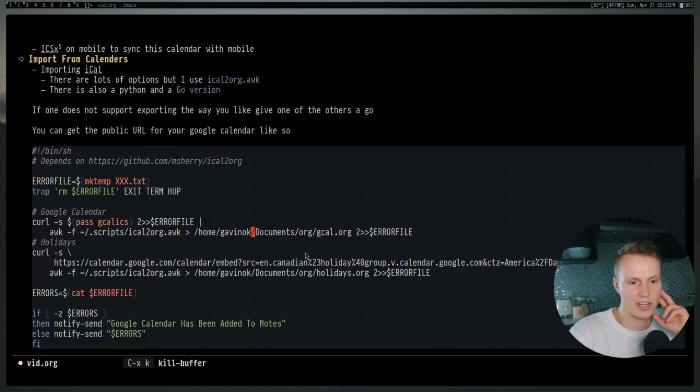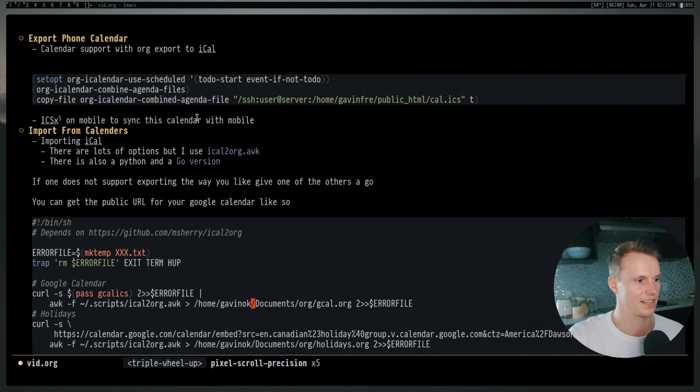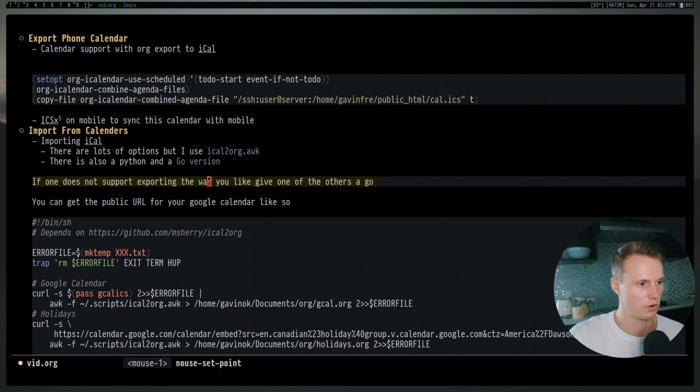But you can use this for a bunch of different calendars on the internet if you want to be able to share events back and forth between, say, your Google Calendar or something else. And this is a really easy way to do that. And then this is just a general calendar that you can use, which is just for different holidays. You're going to want to go to Google Calendar and look up how to do this. But there's a few implementations in order to be able to do this.